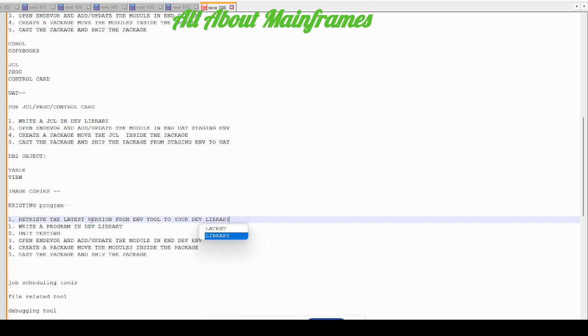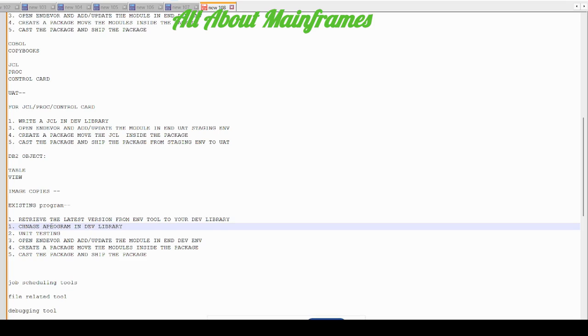We can take the existing program and take a copy of that, or else we need to create this latest version from Endevor tool. For an existing program only, you have to take the latest version from Endevor tool, which is running in production. Because on top of whichever version is running in production, only then we have to do the changes, right? Otherwise, if you do the change on some previous version, something will be missed out definitely. So we have to retrieve the latest version from Endevor tool to dev environment,